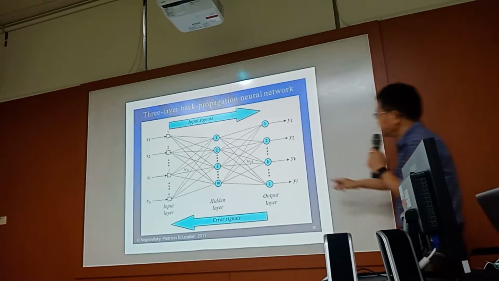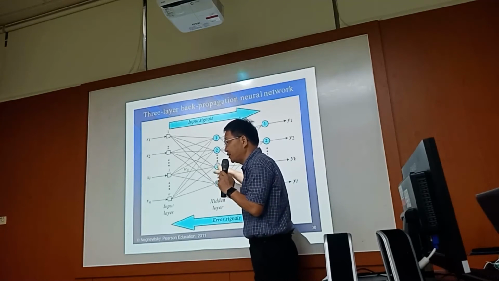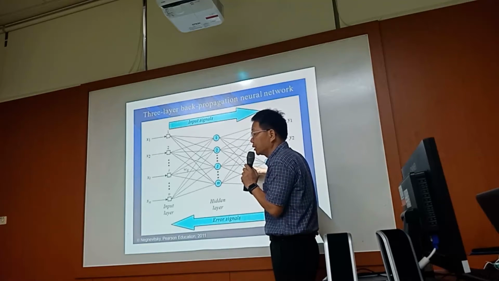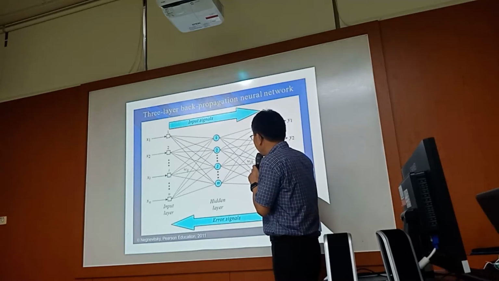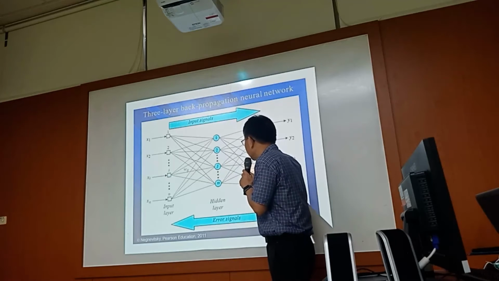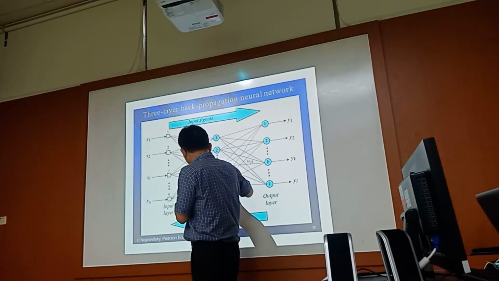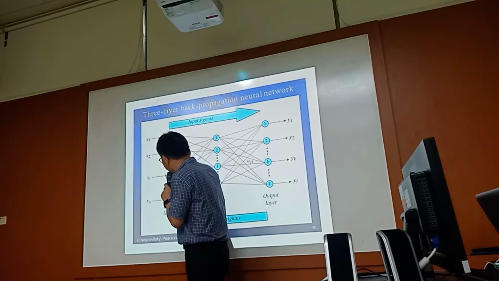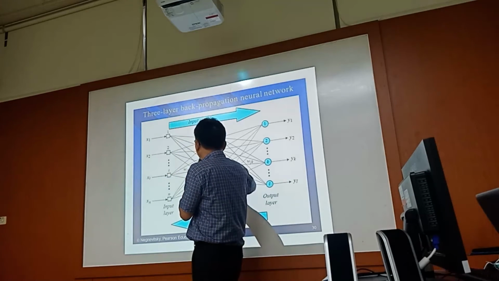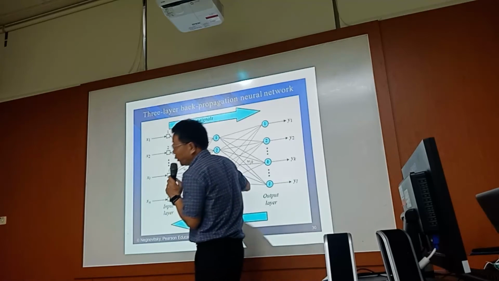Like this. This is YK. This is YJ. So J is here. So when you update the weight, you go from this node to this node to update this value, and in advance, then from this node to this node to update this value, or from this node to this node to update the weight.